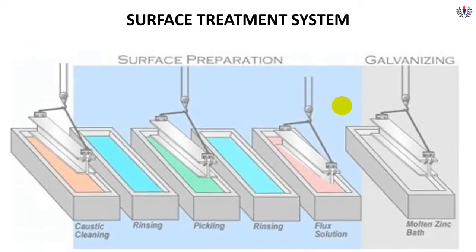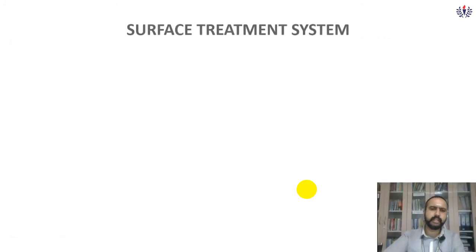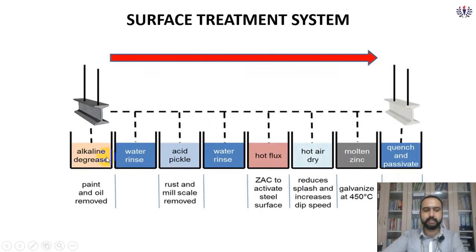In this we are going to perform an operation, that is the surface treatment system or heat treatment plant. Surface treatment is nothing but treating a metal surface by dipping it into various baths. For example, here we are going to do the cleaning or degreasing. Here we are going to do rinsing. Here we are going to remove the scales by dipping it in the acid. And once again rinsing. I think we might have seen this in the previous videos too. The same is repeated: it is degreased, rinsed in water, once again in acid, once again in water, like that. We are going to dip it.